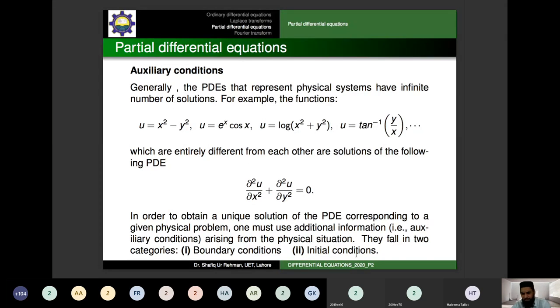We have gone through this idea before. Just recall from the assumed knowledge. Initial conditions: in the case of an ordinary differential equation, if all the conditions are subject to only one value of the independent variable, they are going to be initial conditions. On the other hand, in the case of ordinary differential equations, because there is only one independent variable, if all the conditions are subject to more than one value of the independent variable, we say that the conditions are going to be boundary conditions, because now you have the boundary.